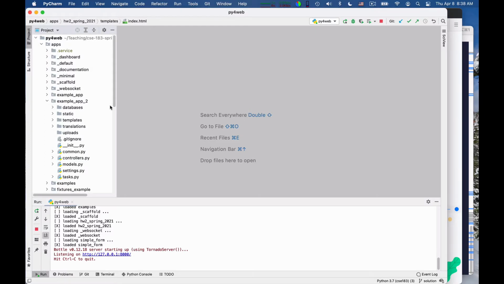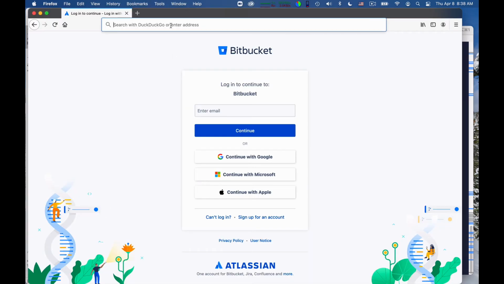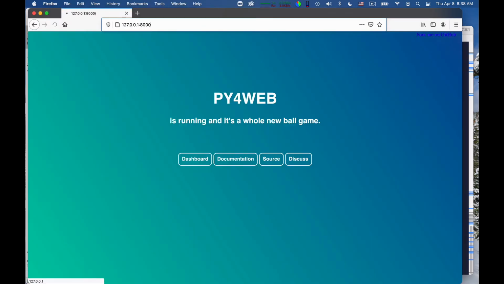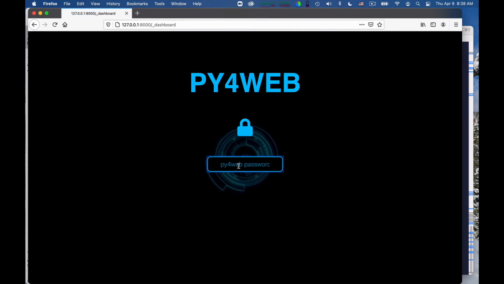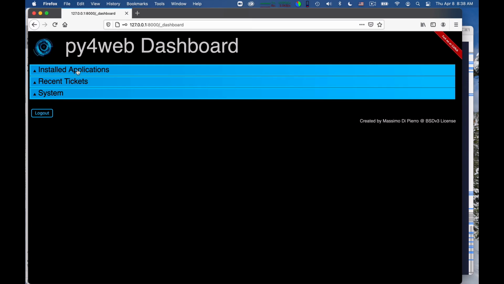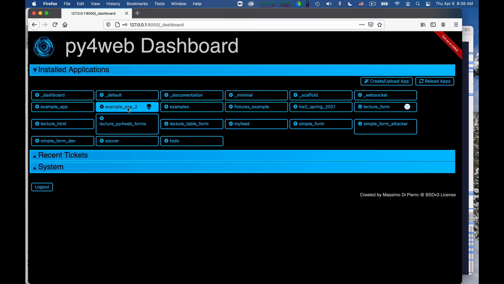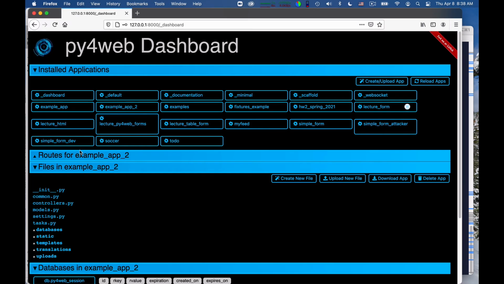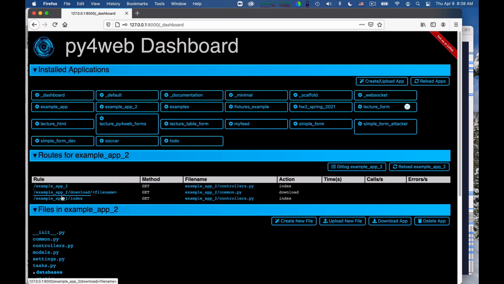Let me open Py4Web, copy URL, and I open it there. I can go to the dashboard, and I can look at the installed applications, I can look at example app 2, I can look at the routes, and I can go to the index for controller, for example.